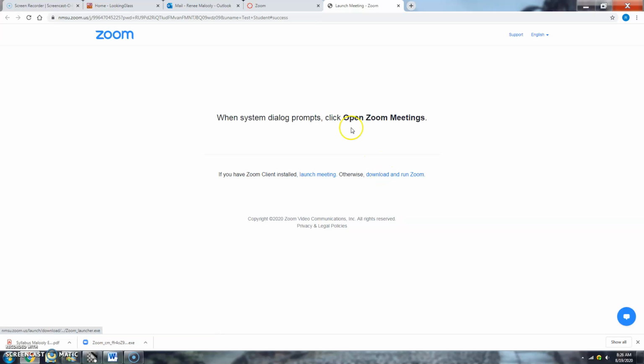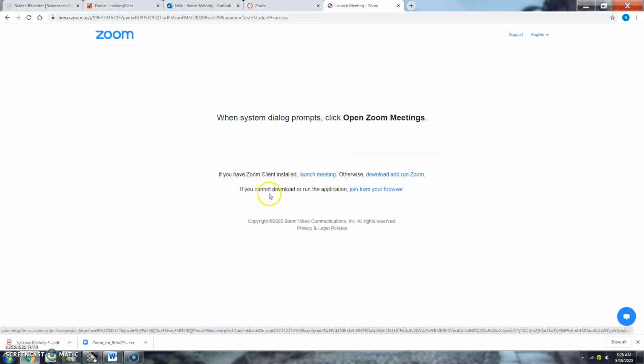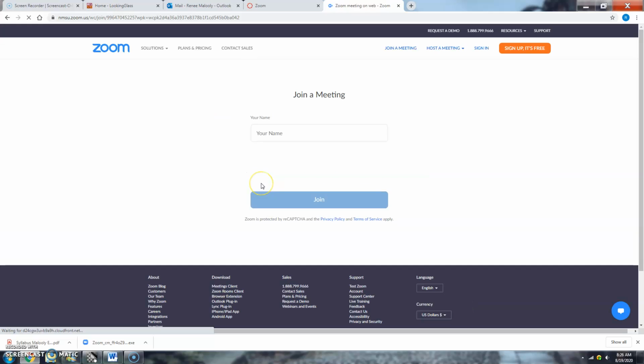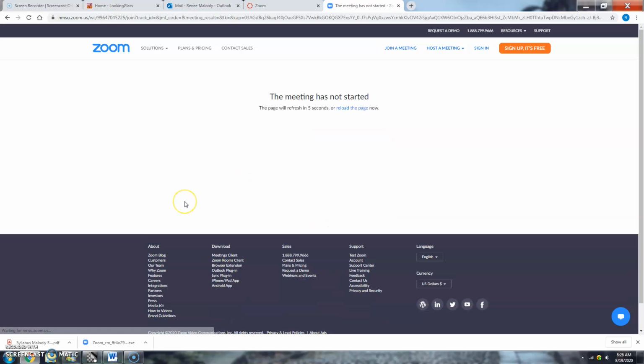It may ask you to download Zoom. If you want to download it to your computer, that's always better. But you can also click right here and click launch meeting, and then it'll say if you cannot download or run the application, you don't have to. You can click right here, join from your browser. You don't have to download anything. Type your full name, select this, click join. Now, it hasn't started because I'm recording this when it's not during my office hours, but